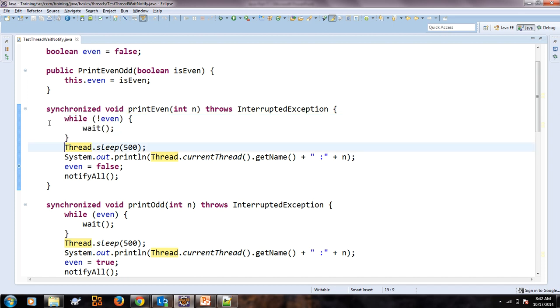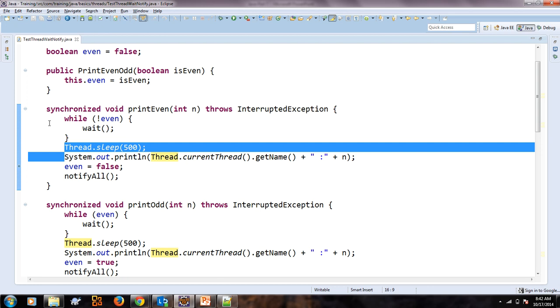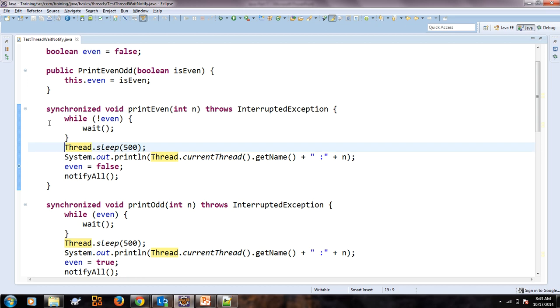After the wait is done, it will just sleep for a few seconds. It is not required to print the sleep; I have put sleep just for better readability of the output, otherwise it is not required. So here it is just sleeping for 0.5 second,